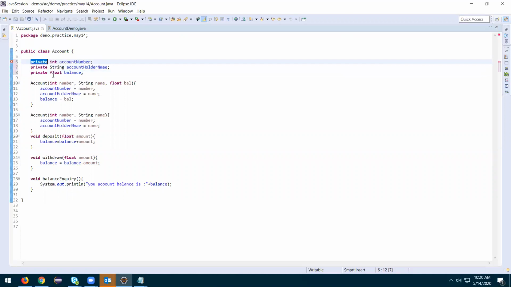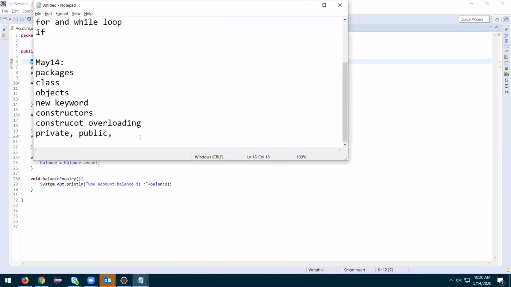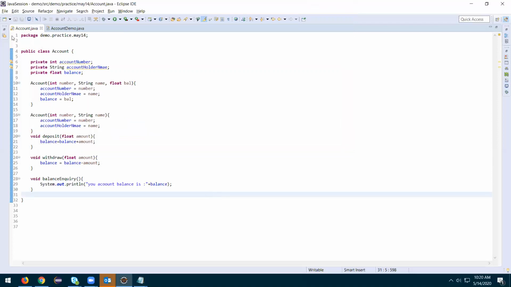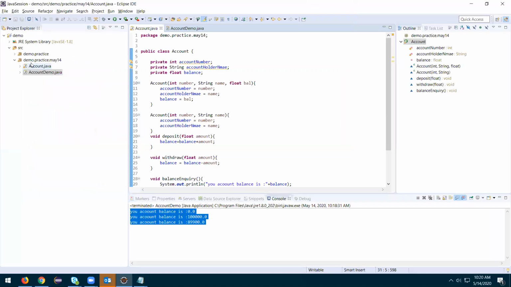There is something called protected. If you specify something as protected, you can only access it from that particular package. So here, this is a package. Account demo and the account class are in this package.